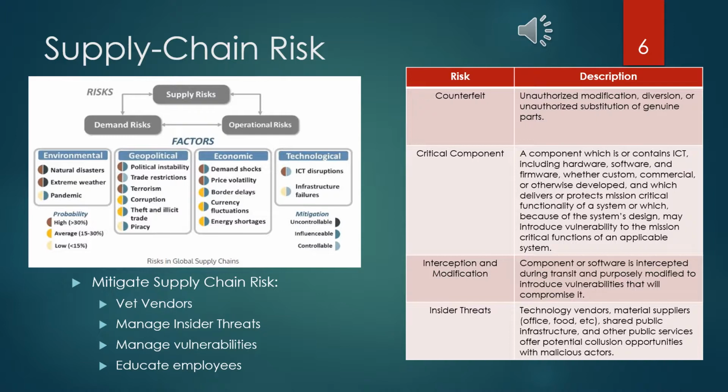These risks can be mitigated by vetting vendors, managing insider threats appropriately, using rules of engagement, and adhering to mandates and regulations such as the ISO 28000 series, ISO 20243, the NIST SP 800-161, and more. Acceptable use policies should be in place to inform those who have access to IT network systems and services of proper use. Demand risks impact elements of the outbound supply chain where the fluctuation of demand is unexpected.